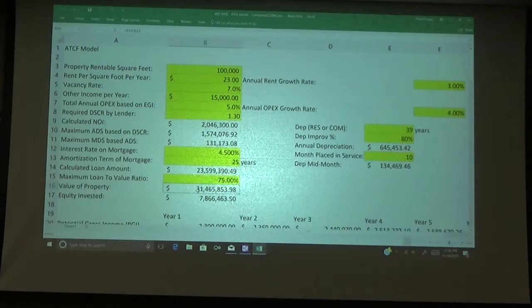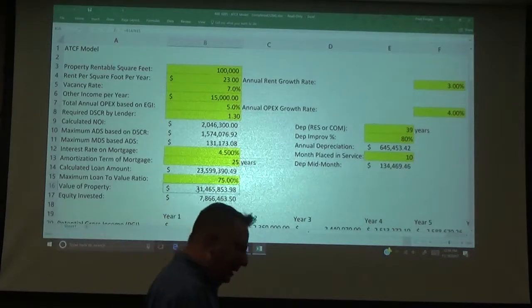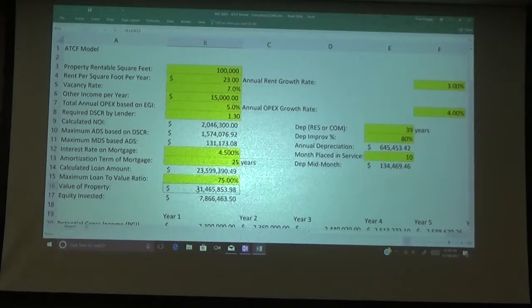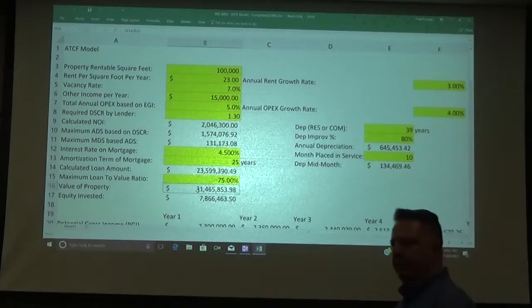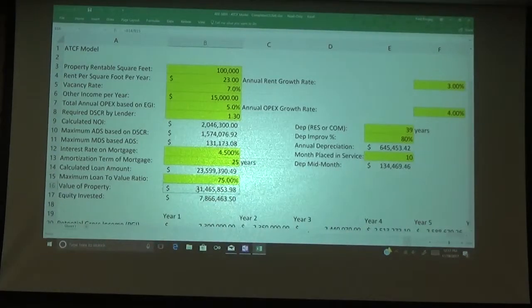Now, what does that actually mean? That means, technically, for income tax purposes, we take that overall value of the 31 million, and each year, for 39 years, we're subtracting out $645,000 off of that value until it basically gets to zero. Does that make sense? So the improvements get to zero, not the land. Okay, so at the end of 39 years, the value of the property will be just the land value. Does that make sense? Okay? Now,